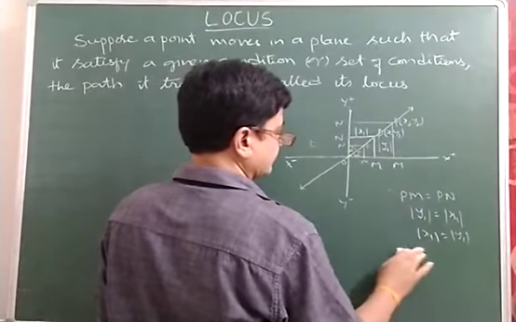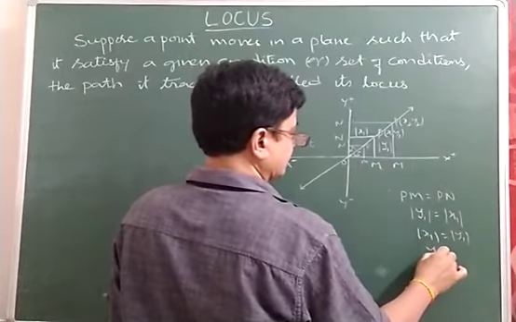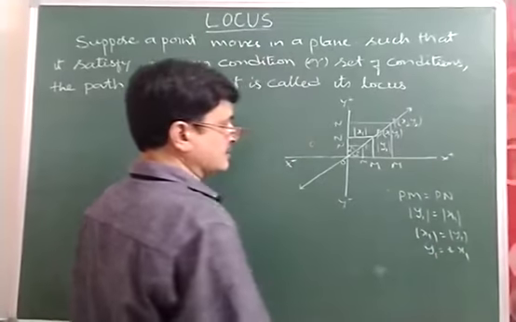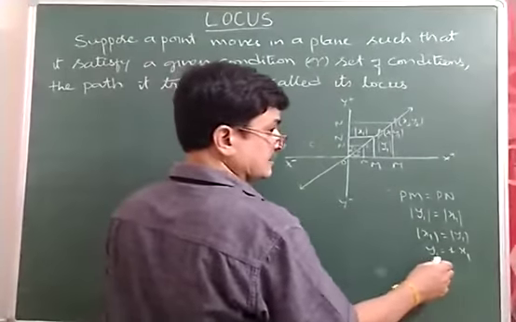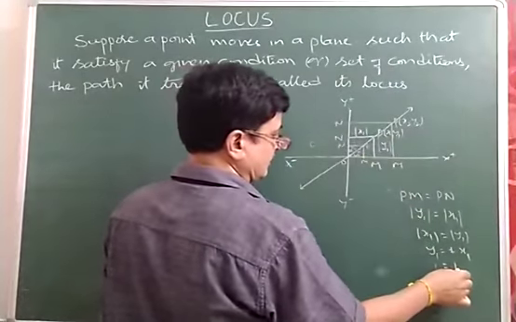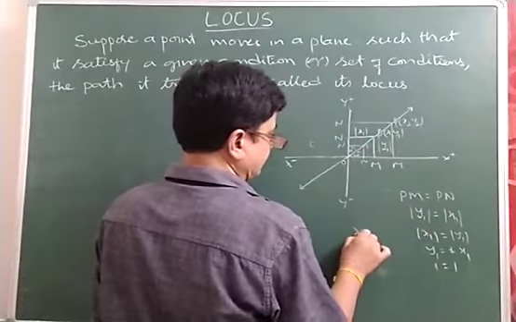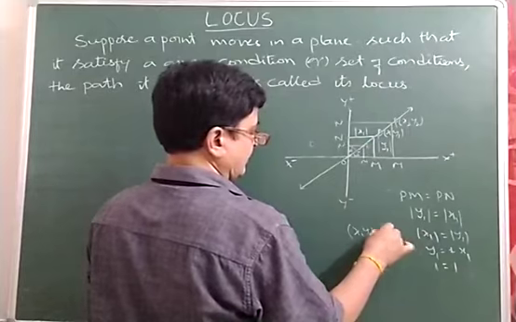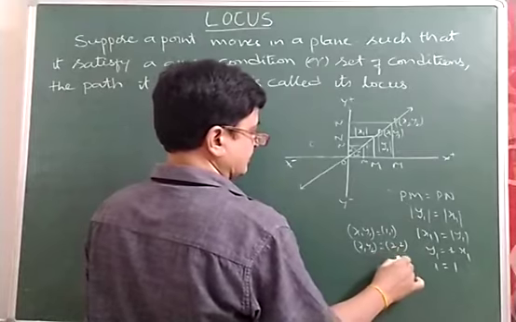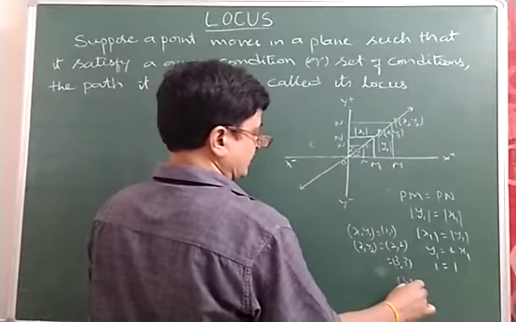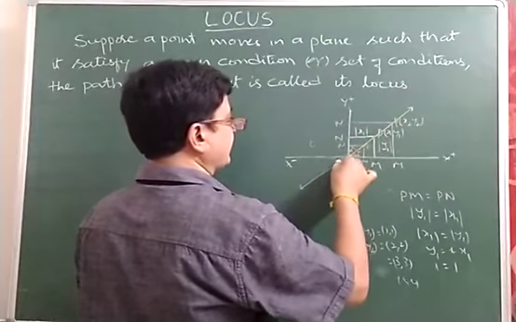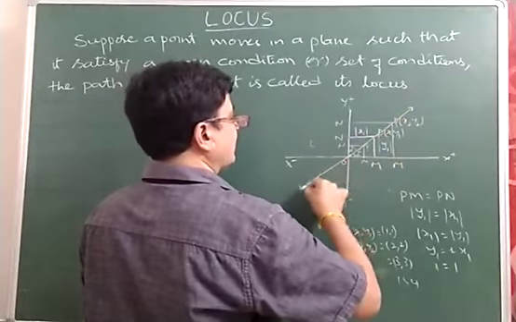So that means mod y1 is equal to plus or minus x1. When x1 is equal to 1 and y1 is equal to 1, that is (1, 1), or (x1, y1) is equal to (2, 2), or (3, 3) and (4, 4), these points are equidistant from the coordinate axes. If all these points are joined by a line, it is called the locus of a line.